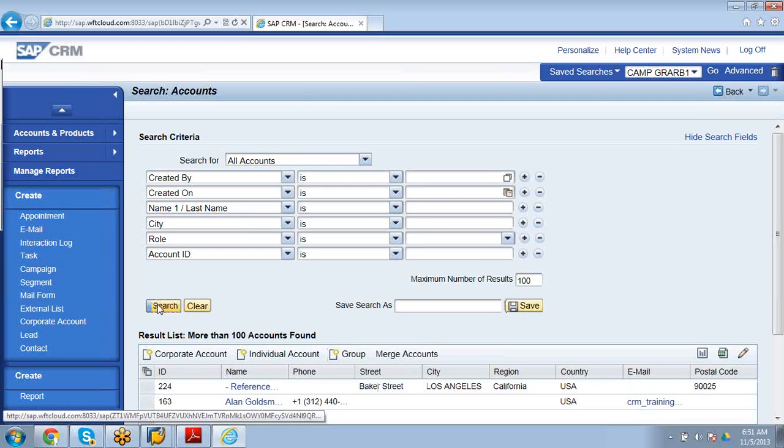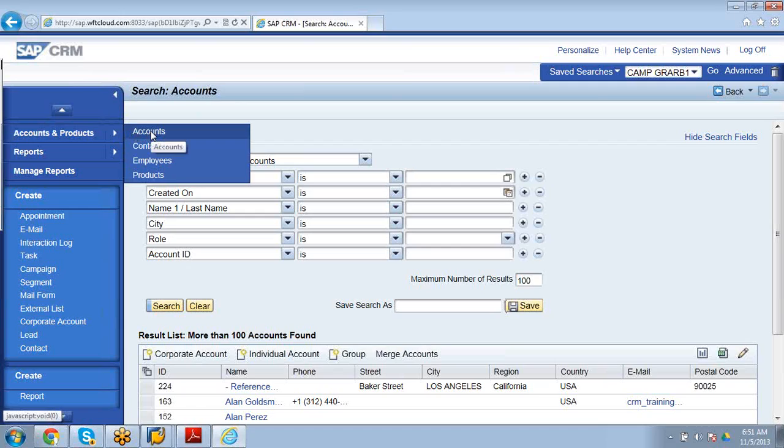Have you taken accounts? Accounts and products. Then click on accounts.